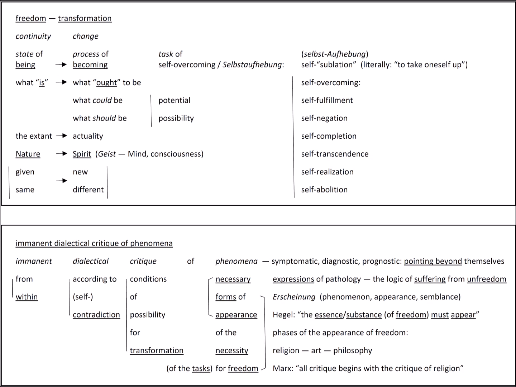So the question is, how are the new and the different emerging out of the given and the same through our own activity that we can recognize, be conscious of, take responsibility for, that we are active agents of and subjects of, rather than